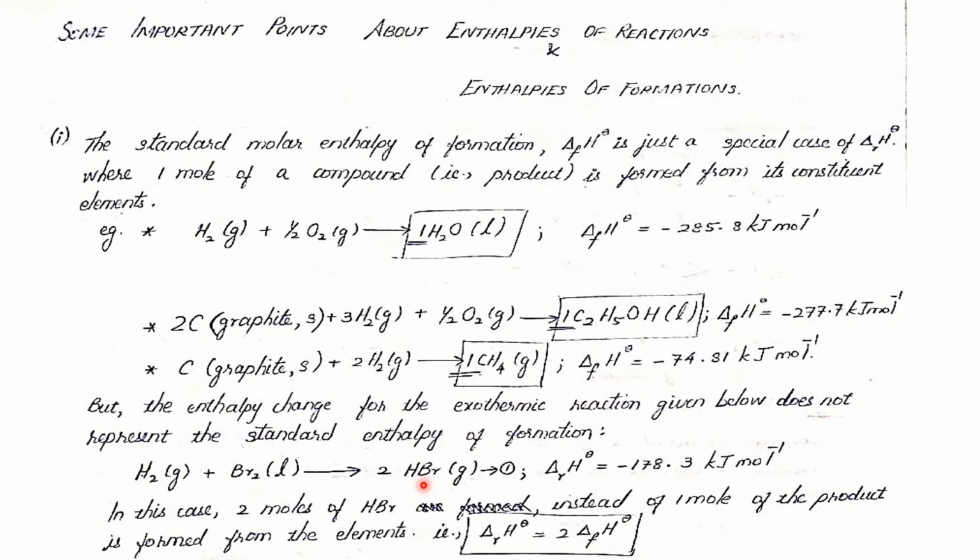So students, keep in mind that the enthalpy of formation involves the formation of 1 mole of the product alone. It does not involve the formation of 2 moles of a product. Okay, so what we are looking at is standard enthalpy of reaction and not standard enthalpy of formation. So we can relate the standard enthalpy change of a reaction with the standard enthalpy of formation as delta H naught with the subscript R equal to 2 times delta H naught with the subscript F. So a standard enthalpy change of a reaction is equal to twice the amount of standard enthalpy of formation.